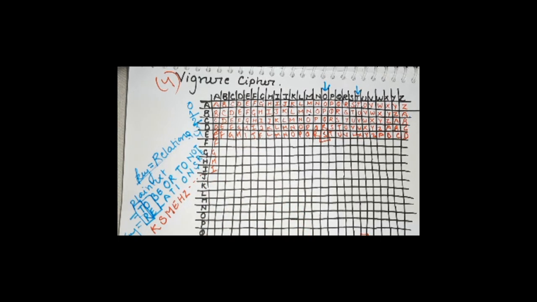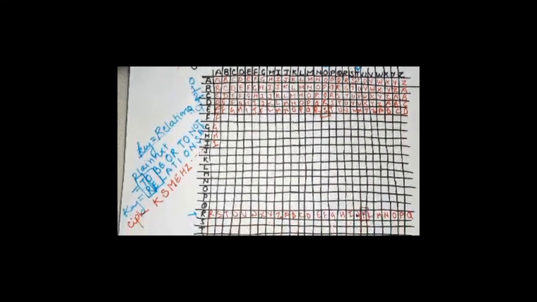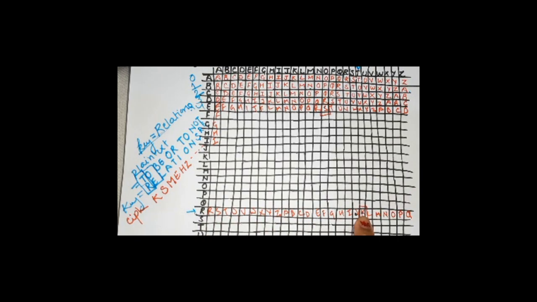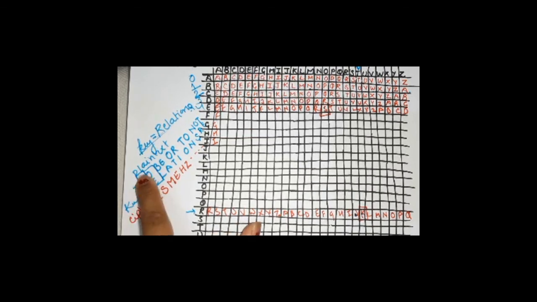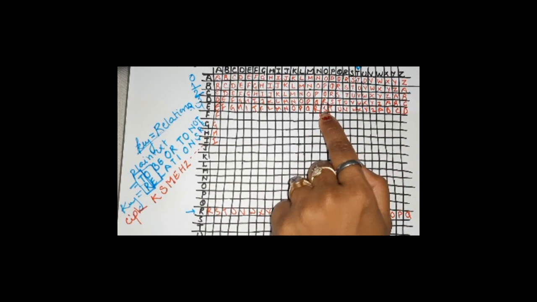Now, for converting the plain text into ciphertext, look at the Vigenère table. Pick up the two values, that is the plain text and the keyword, T and R, and find out the intersecting value for T and R. For T and R, the intersecting value that we found out is K, and we've written that. That is the ciphertext for T. For O and E, find out the intersecting value. For O and E, we found the intersecting value to be S, and that is the ciphertext. And this is how you're going to convert.